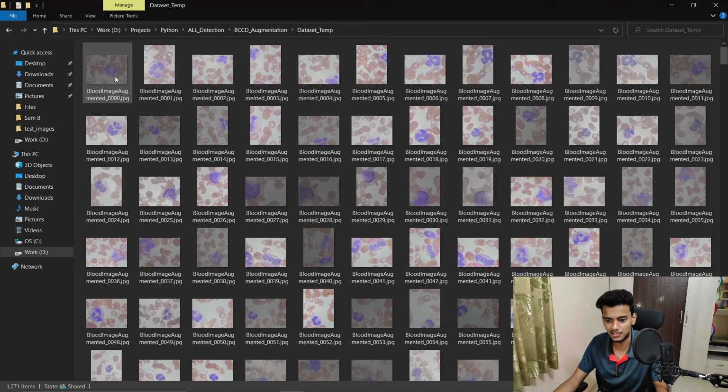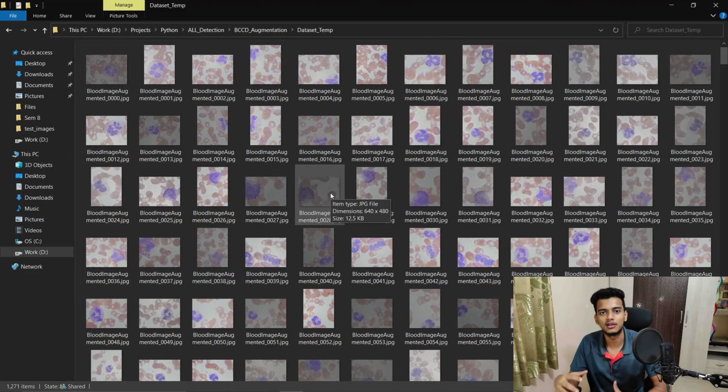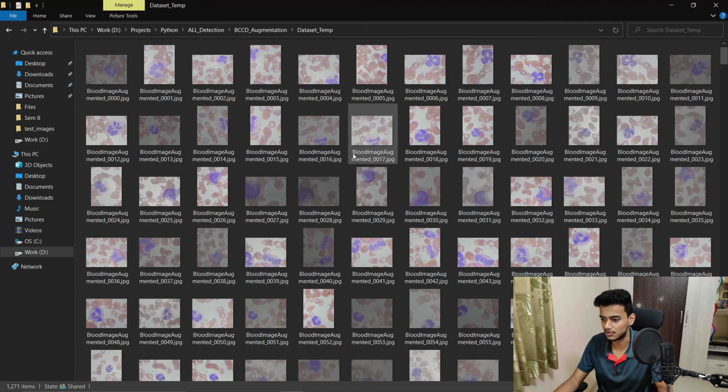As you can see, this is the original image, and it has been rotated 90 degrees, 180 degrees, or zoomed. Initially if it's 1x, then it's been zoomed to 2x, like that. Or it has decreased the brightness over here. As you can see, there is less brightness over here, and somewhat more contrast over there. With those different parameters, we have augmented the same data set, because for training we need a large data set to train our model so that it gives us better accuracy. So we have increased our data set number by augmenting it. This is the augmentation that we have done.